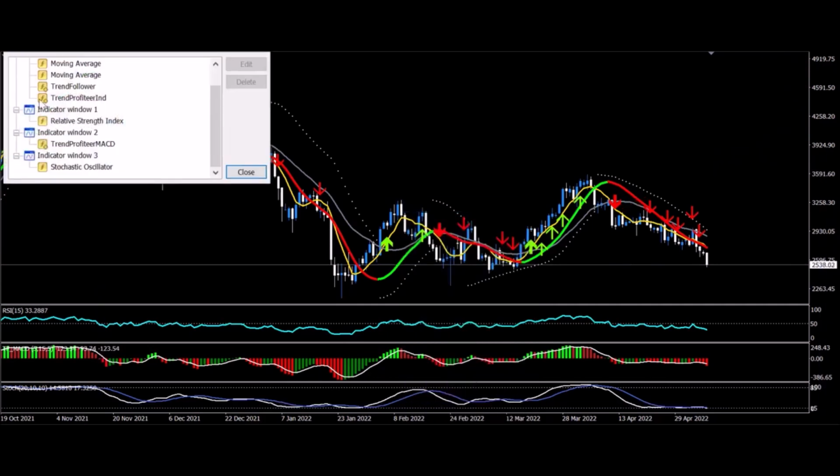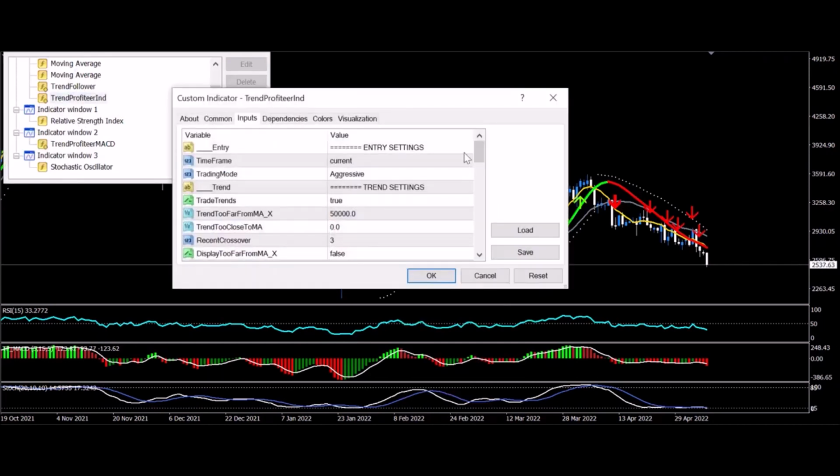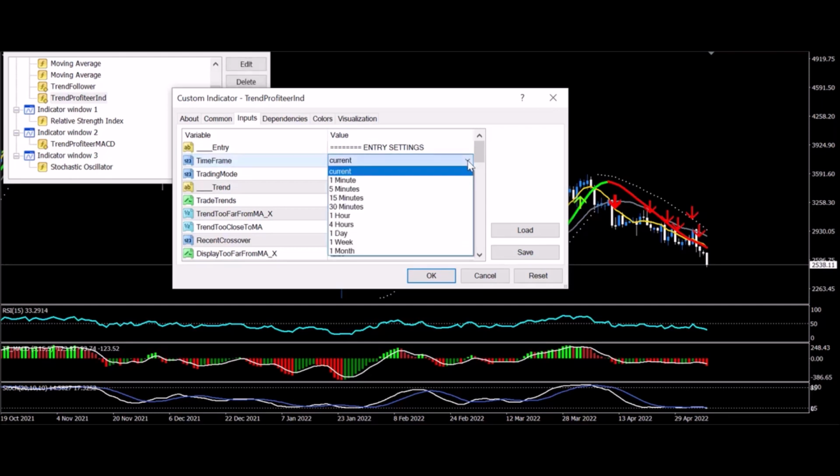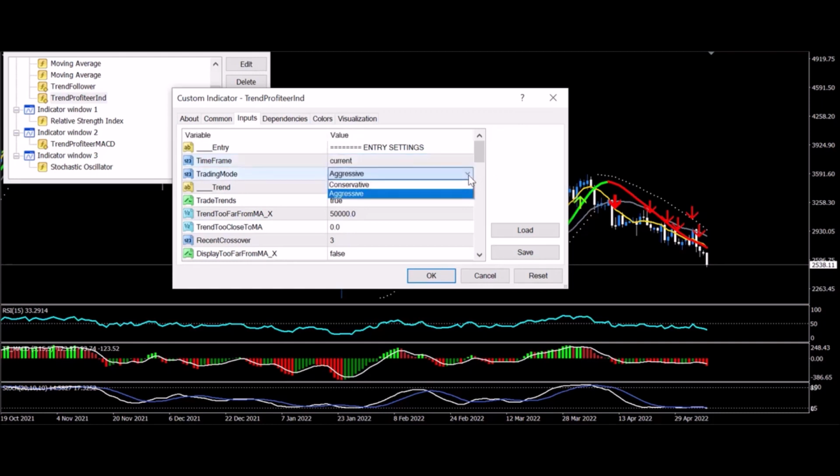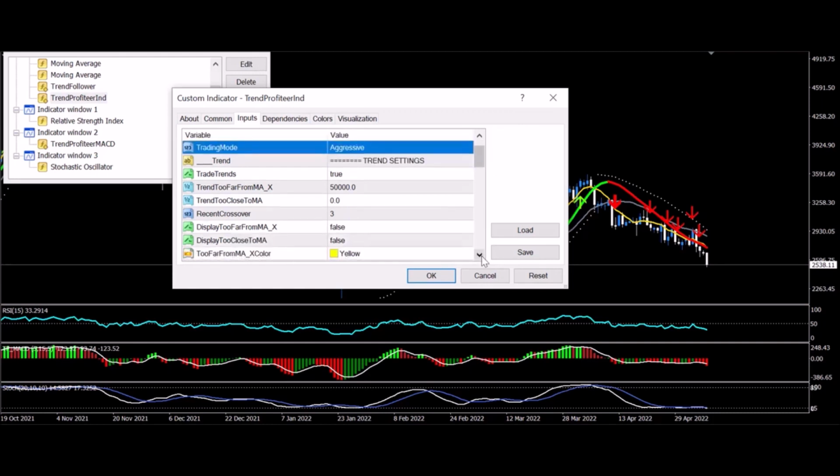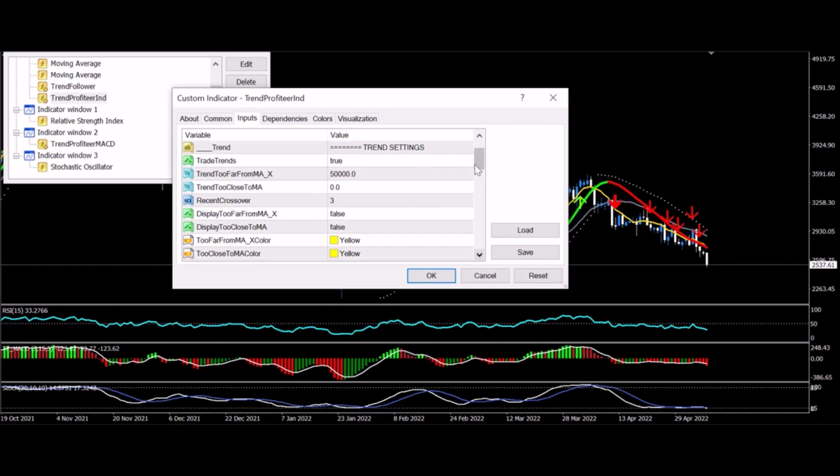I'm going to open up the indicator settings, and we're just going to browse through those settings. First of all, we've got entry settings, whether you want to issue trades on your current chart or any other chart. Your trading mode, whether you want it aggressive or conservative. Your trend settings, whether you want to trade trends, how far you would like the price to be at a maximum from entering,